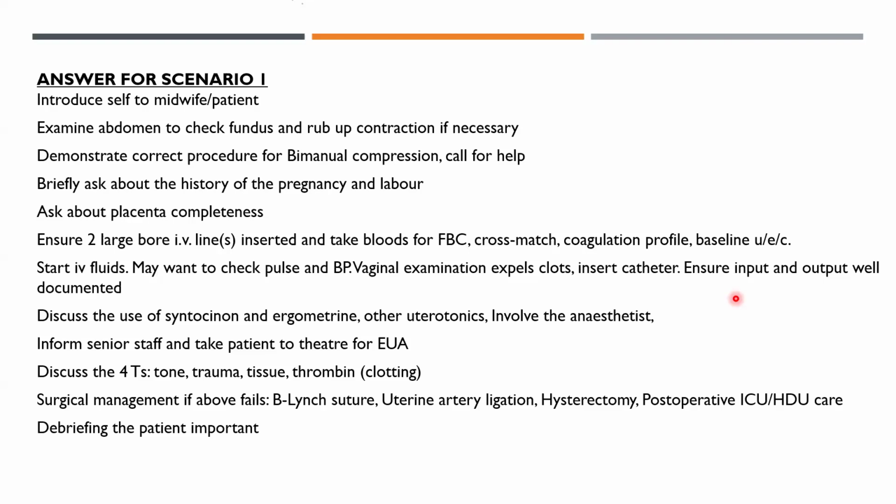If it's tone, start on your oxytocin, start on massage. Next, if there are any retained tissues that have caused it, sweep in and make sure you've removed all the tissues. If it's thrombin or a result of clotting, get your blood transfusion, get clotting factors. In worst case scenarios, you go in with the tamponade. If none of this is working, then B-Lynch, if the bleeding has still not stopped. Next, artery ligation of the vessels, and in worst case scenarios, hysterectomy.